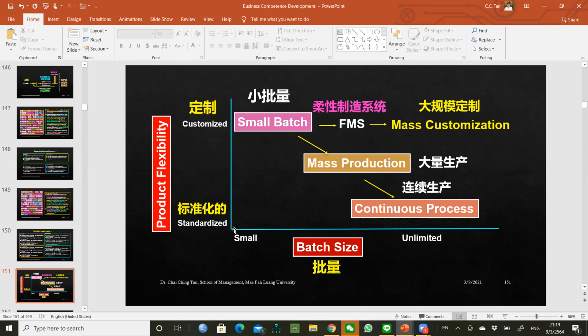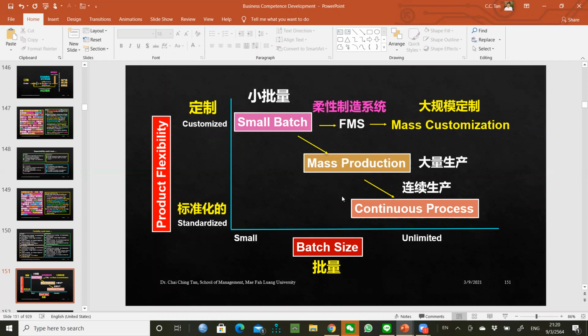You already understand the flexibility from the quality perspective, such as I talked about flexibility through capabilities and capacities of your machineries and technologies, and also the time perspective, time-based competition, and lean management is also part of the process to use the flexibility. But again, you can look at the flexibilities of your operations based on the batch size. So if it's a small batch, your flexibilities can be more customizations.